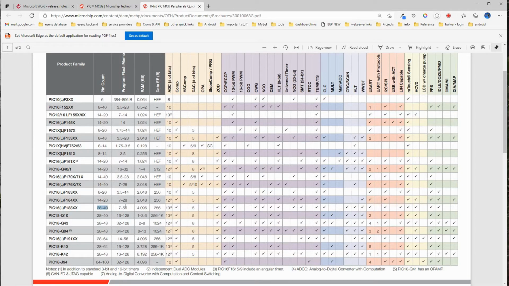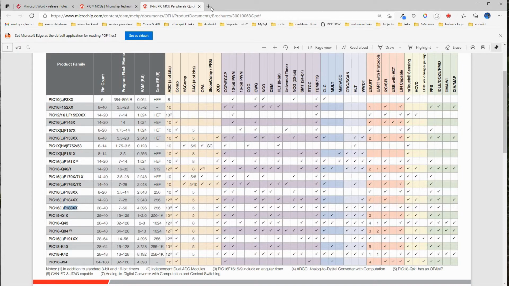And what are the features? RAM, it has internal EEPROM, it has a 10-bit ADC, and you can see what all the things are that it has here. This seems to be okay for our application. PWM also. Okay, let's use one from this series.